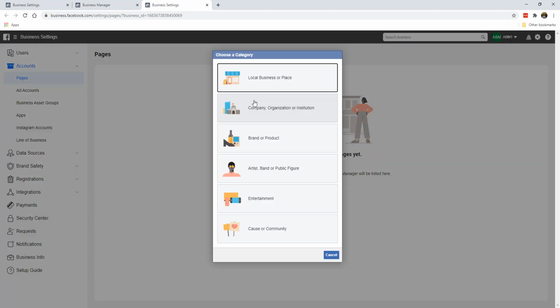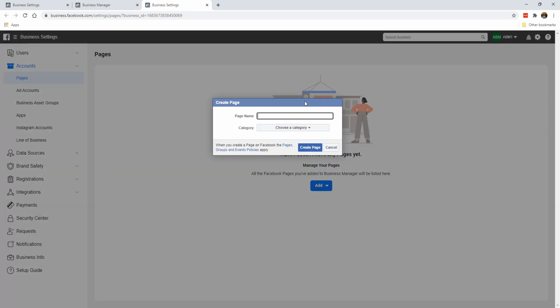Let me just go back there again. There's brand or product. So if you're saying e-commerce, you probably choose this. If you're going to position yourself as the authority figure, we'll click on this one. And entertainment and cause or community. So it's all very straightforward, all right? So I'll tell you what, since this is just a simple task, I'm just going to click on brand or product, and I'm just going to give it a simple name. Maybe I'll just call it